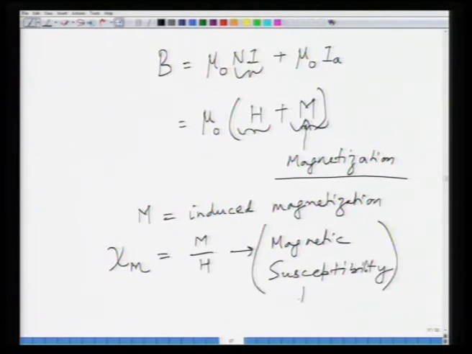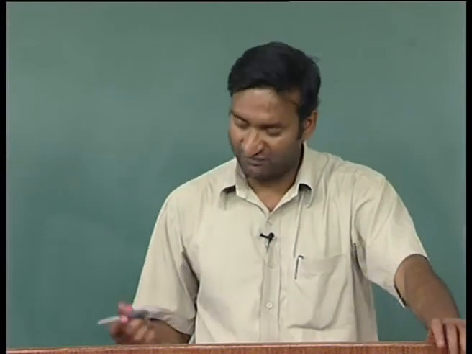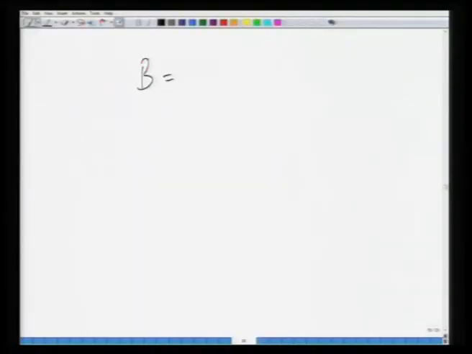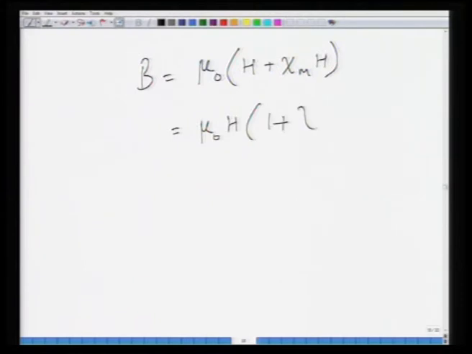So, this determines the magnetic response of the material. Just like chi, as we saw in case of dielectric materials, you have a similar equivalent term which is called chi m. So, this equation now modifies as B is equal to mu naught into H plus chi m H, and this is mu naught H into 1 plus chi m, or this is also written as mu naught mu r H, where mu r is equal to 1 plus chi m, and this is called the magnetic